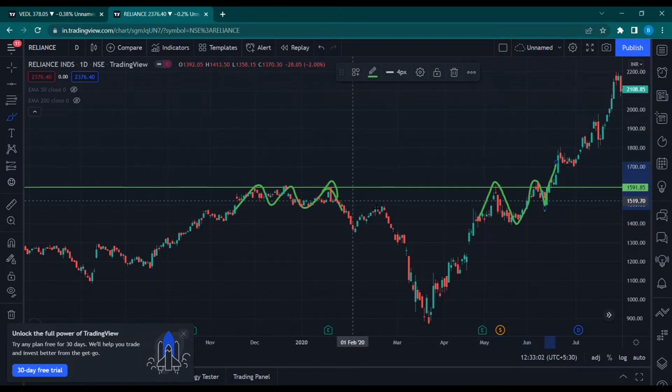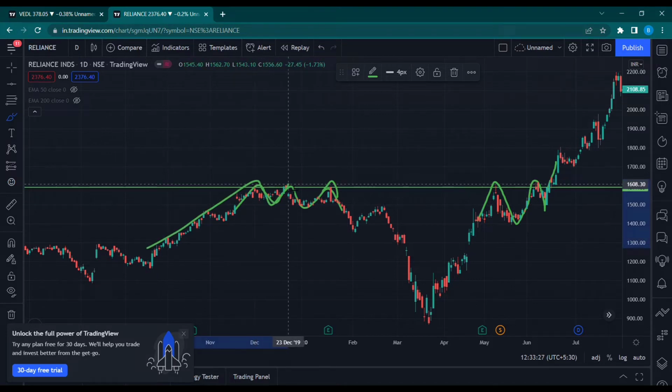So this is what we call a resistance. So what does it tell you? Resistance is any level that offers resistance to the prices, that obstructs the direction of the prices. If the prices try to go up, then it offers resistance. So here prices were going up, but they hit the resistance and then go down again. It hits the resistance, it goes down. It just cannot cross it. So it is acting as a strong level, like a wall. It is acting like a resistance.